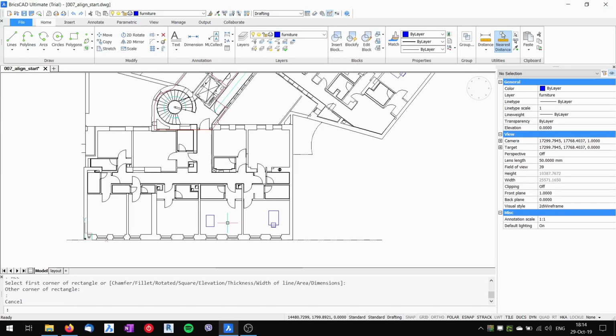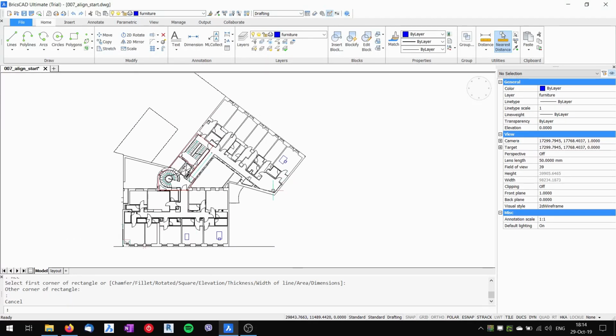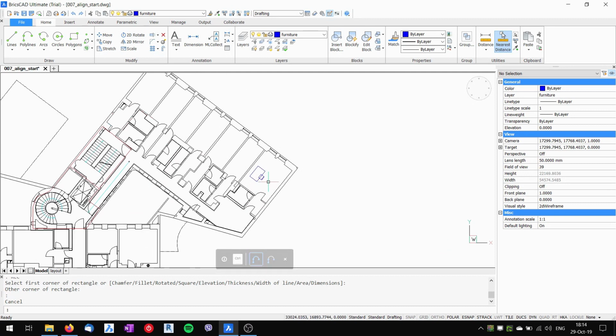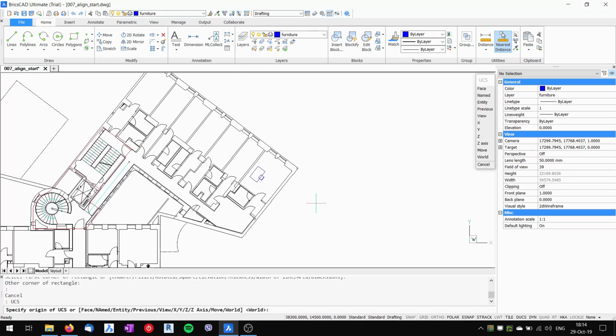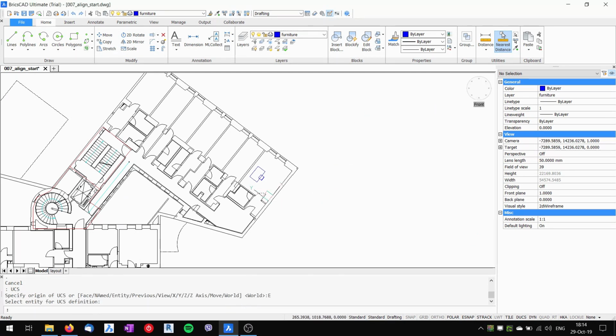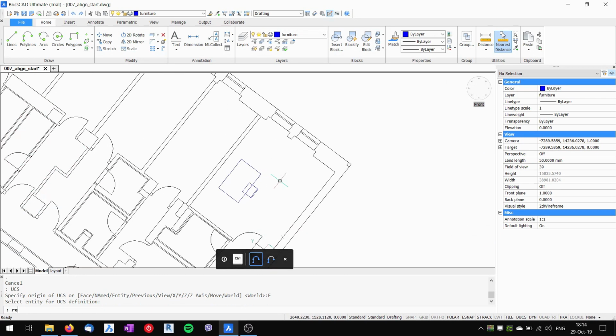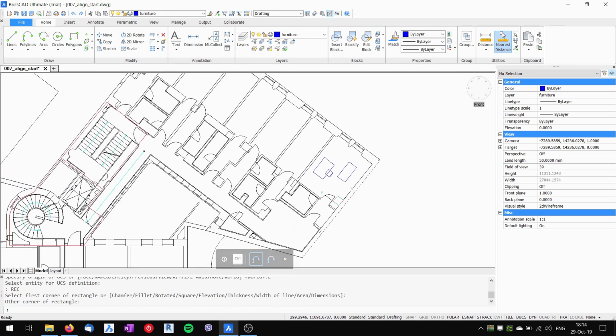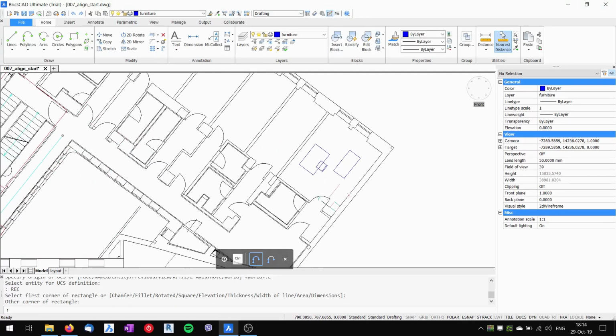Another useful command that comes with this is the plan command. Let's imagine that I am working in this non-aligned part of the building. So I will align my UCS according to this. Okay. But if you imagine that I will be working in this part of the building for the whole day, it's kind of